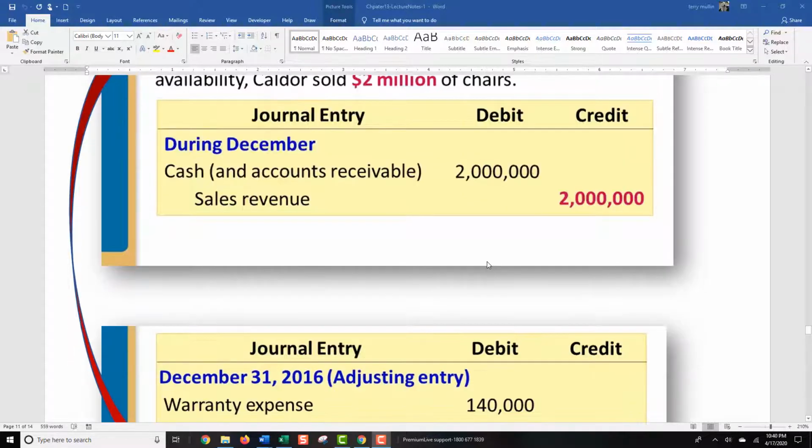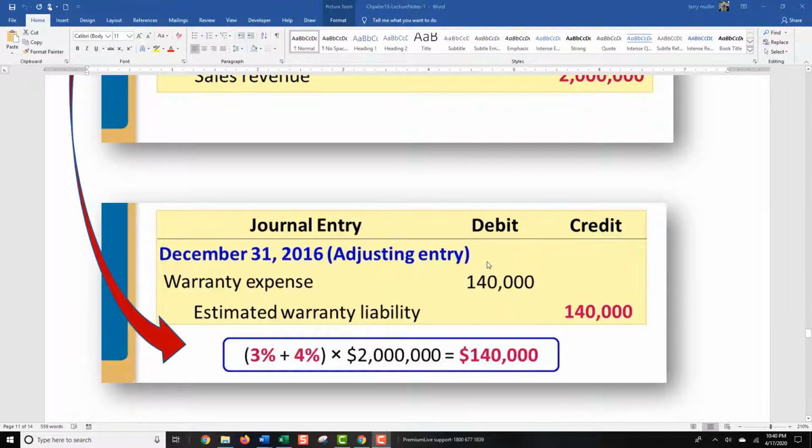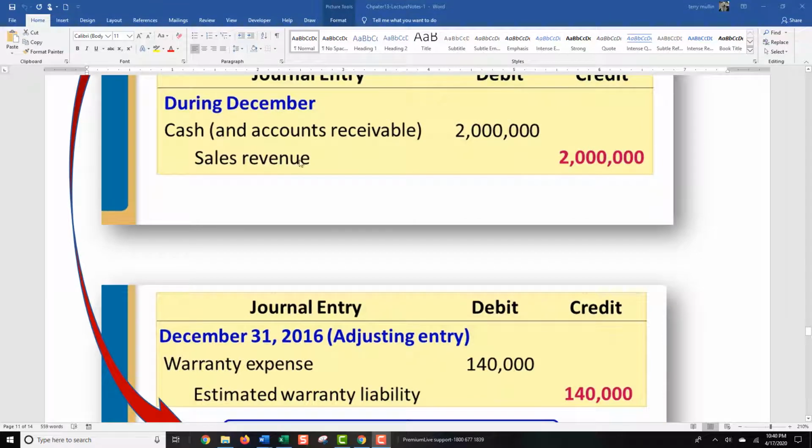So that was their journal entry. What you have to do is put on the books at the same time, because of the matching principle, your revenue and expense has to go into the same time period. So an adjusting entry on December 31st of the same year of the sale,